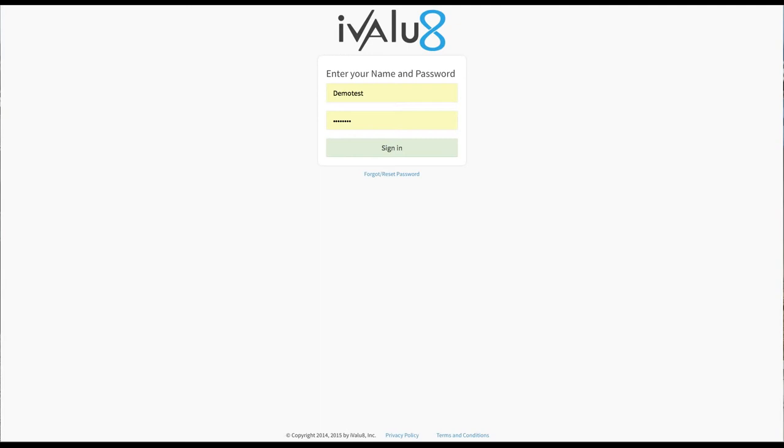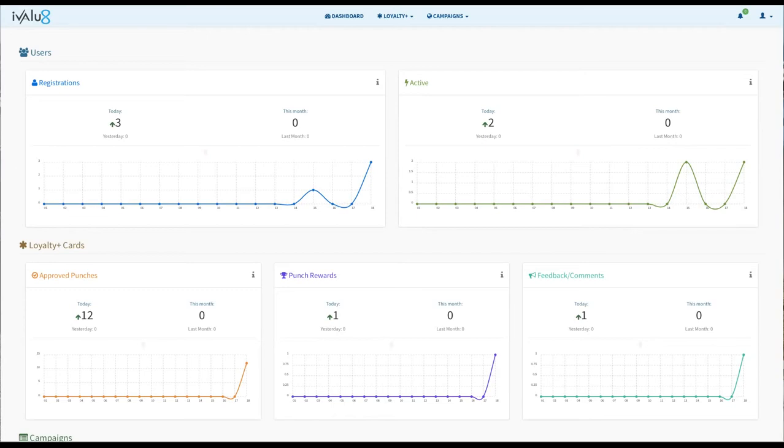Now today I'm going to use the iValu8 platform to build a loyalty card campaign for a national coffee chain. So let's go ahead and get started. The first thing I'm going to do is log into my iValu8 account. Once I log in, I'm taken to a dashboard, and this dashboard provides me real-time information on